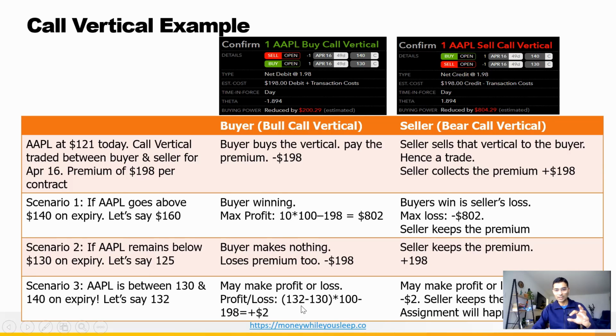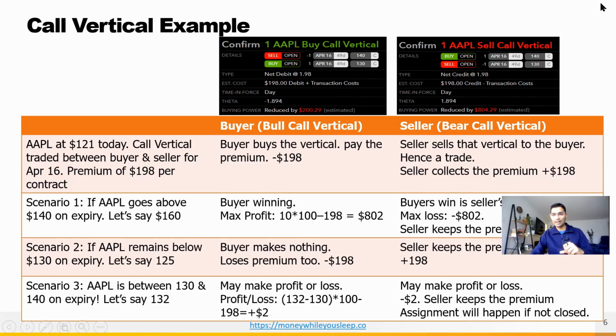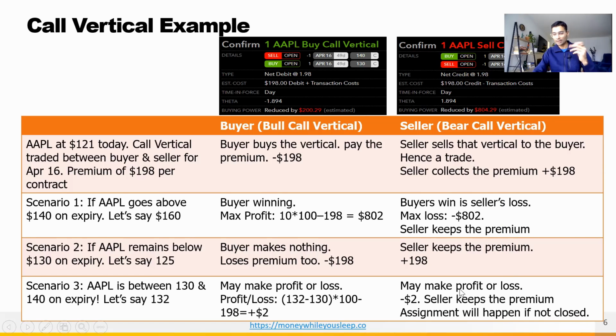So 132 is the actual price, 130 is the call strike, and this is the difference between these two. All right. So you can observe that the difference which has been calculated is just against the stock price now, because the price is between these two strikes. And given that the buyer is making $2, hence the seller is going to lose $2. Of course, the premium is there for the seller to always keep, which has already been calculated while this was